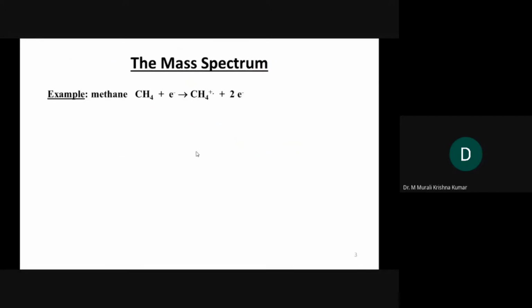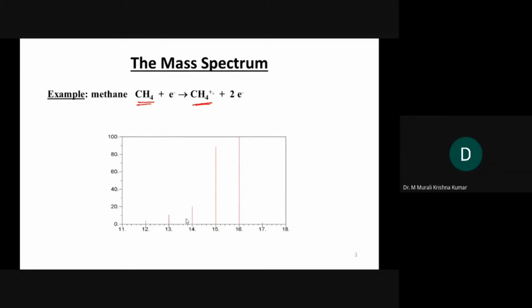So in case of mass spectrum, what exactly is happening? We presume that, let's say if you take methane, because it has CH4, one electron is gone, so you will be having this molecular ion, and you are supposed to get a mass spectrum like this. Okay, so CH4 means what? Carbon is 12 plus 4 into 1 is equal to 16. So we have the molecular ion over here.